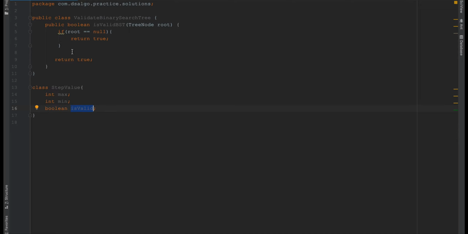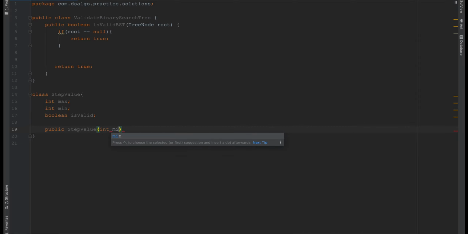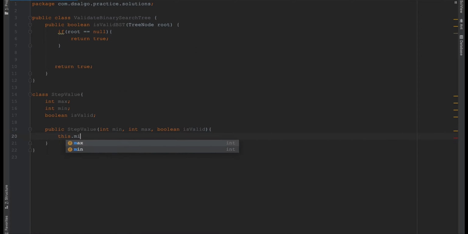Now let me create a constructor as well, and then I'll assign the values to the member variables.